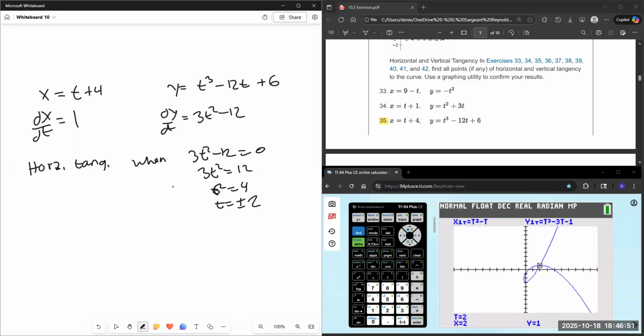So at t equals -2, x is equal to 2. So x of -2 is equal to 2. y of -2 is equal to -8 plus 24 plus 6. 30 minus 8 is 22. So y minus 22 is equal to